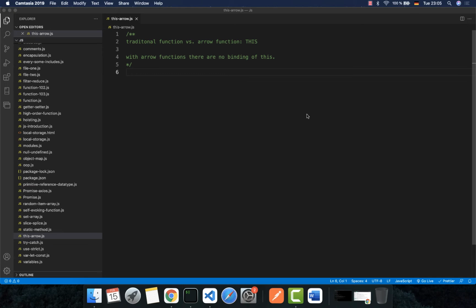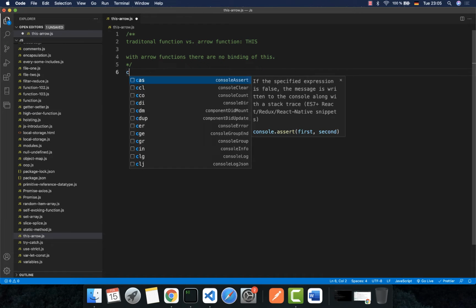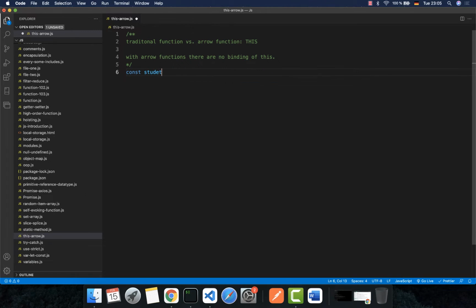Hello everyone, and today I will tell you about the difference between traditional function and arrow function in terms of this. Now let's have two objects. The first one is student1, and this one is an object and I have the name is John Doe, and I also have a method